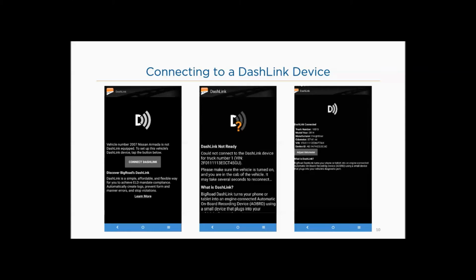Connecting to a DashLink can be done from the home screen. If the DashLink is already connected, the DashLink symbol on the home screen will appear in solid white. Once the Bluetooth connection has been established for the first time, the phone or tablet and DashLink should find each